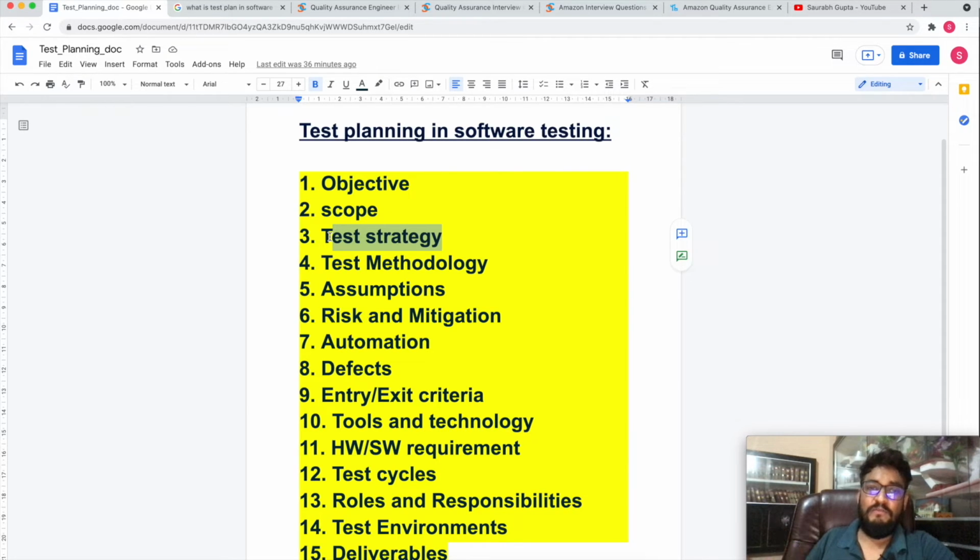Under performance you can do volume testing, endurance testing, spike testing, load testing, stress testing. Under security maybe a hell of a lot of testing you can do. That kind of thing you will be explaining to your interviewer. In test strategy, how much test coverage you are providing, we try to achieve 100% test coverage.